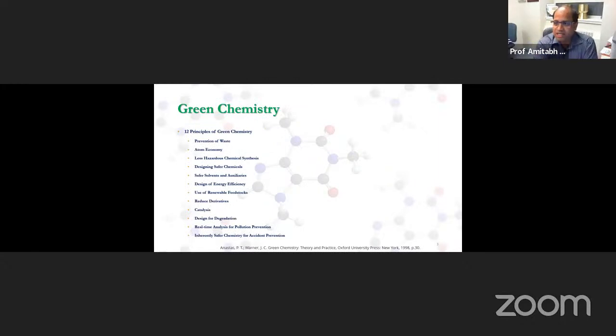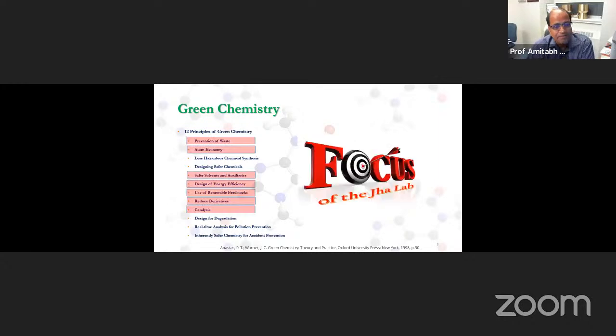So green chemistry, actually, these days there are courses being offered in green chemistry, and I think students who take these courses are quite familiar with these 12 principles of green chemistry. In a particular type of research, several of these aspects can be incorporated. And the focus of my research is on prevention of waste, atom economy, use of safer solvents and auxiliaries,